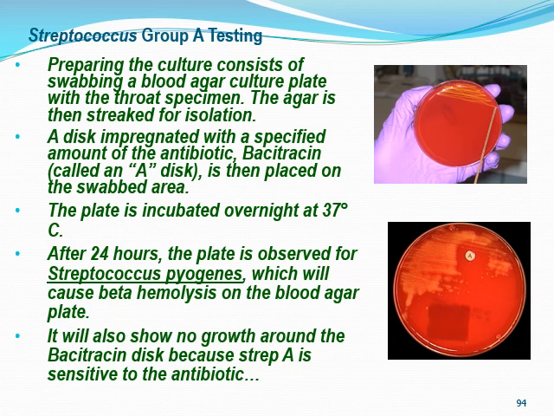On these, not only are we going to streak that plate for isolation, but also in the heavy growth area where we streaked it with the swab, we're going to drop what they call an A disc, that has the bacitracin antibiotic on it. So we drop that A disc on it, and then we put it into the incubator overnight at 37 degrees, because we want to promote growth, and that stuff likes that 37 degrees body temperature inside of us. So after that 24-hour period, we take that plate out and we observe it